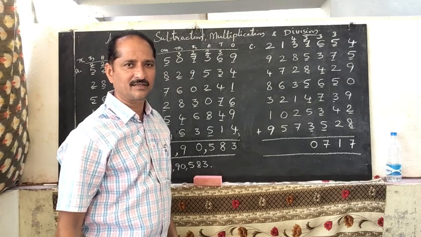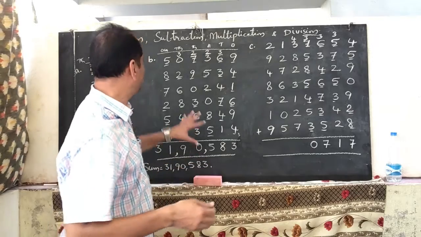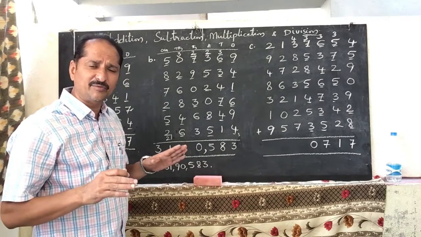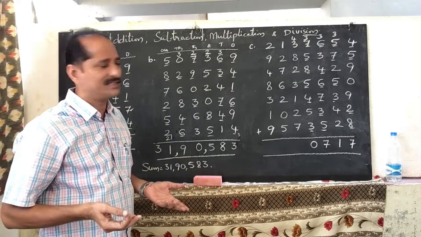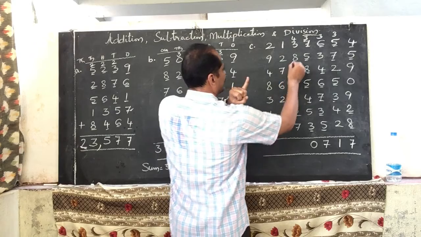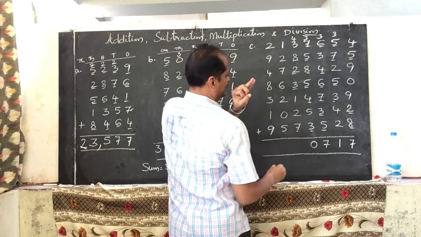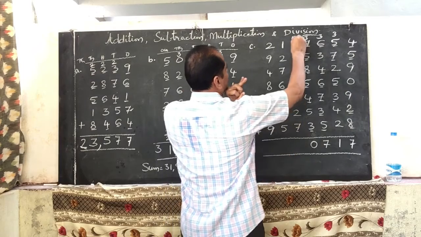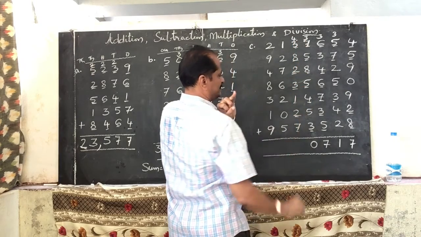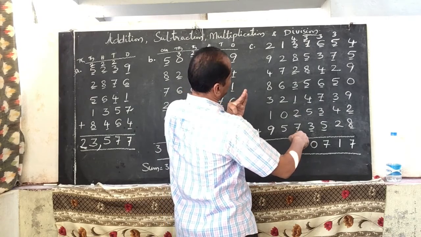Okay, are you following? Why am I telling this very fast? Because here we have learned very slowly. So you came to know how to find out the answers. So that way you have to add. Now here also, counting in tens. 8 plus 2, 10. 7 and 3, 2 tens. Here, 4 plus 3, 7. 7 plus 3, 10. So 3 tens. All completed.